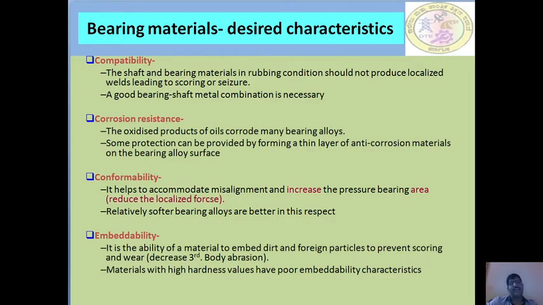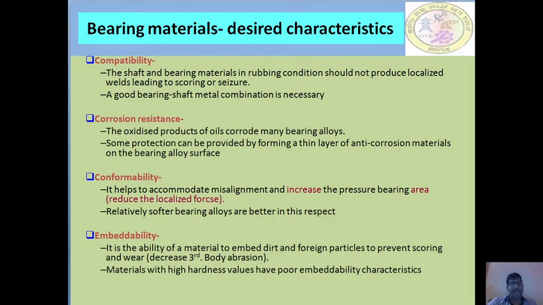It is the ability of a material to embed dirt and foreign particles to prevent scoring and wear. It means that if any particles come in as foreign elements within the shaft as well as the bearing, the metal should be able to embed the dirt and foreign particles. That is the characteristic of this one. And materials with high hardness values have poor embeddability characteristics. Hence, we have to choose